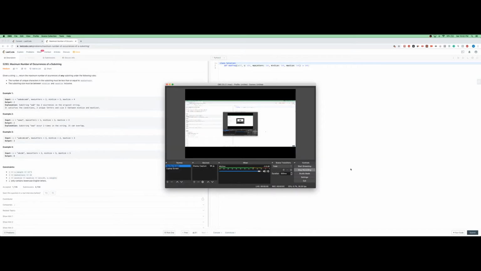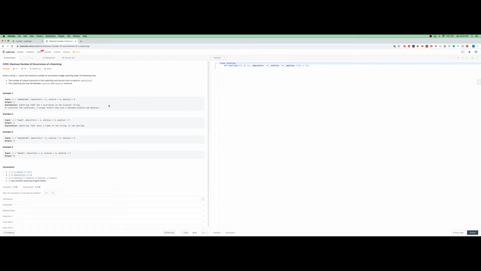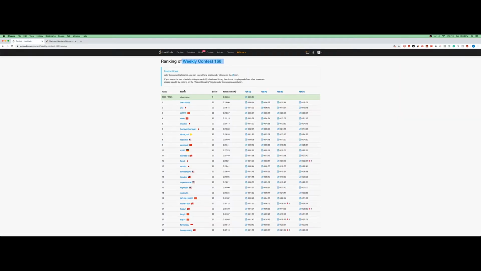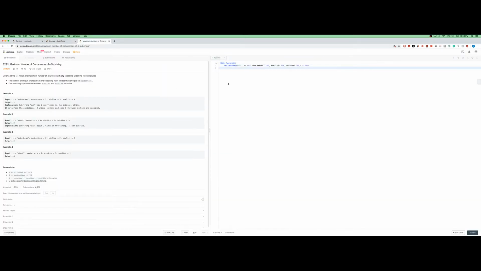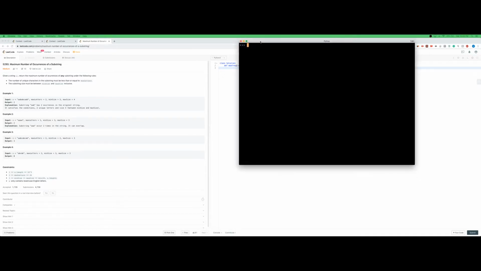Hello, so continuing on this contest I'm trying to solve here. It's weekly contest 168, and one of the problems is maximum number of occurrences of a substring. The problem says we get a string S and we return the maximum number